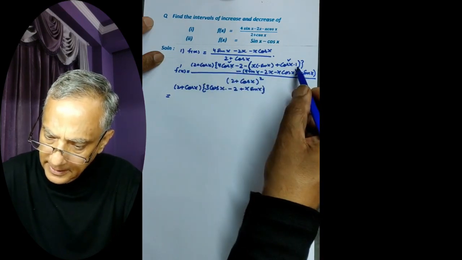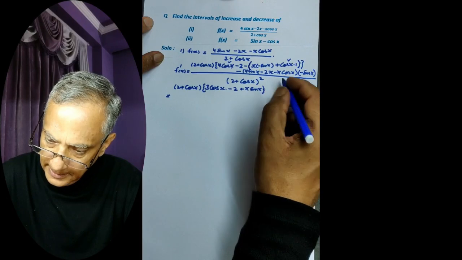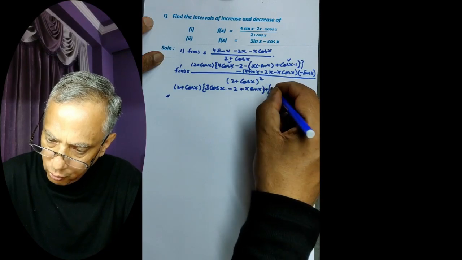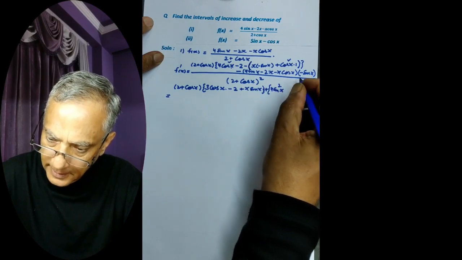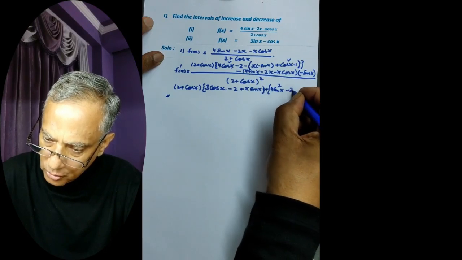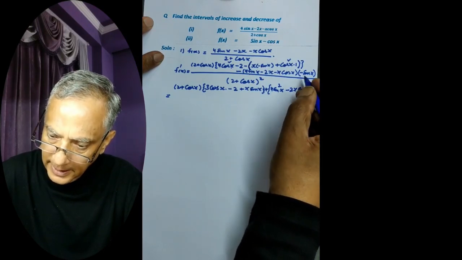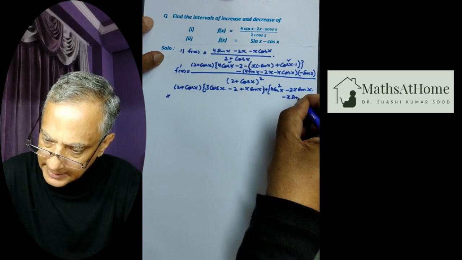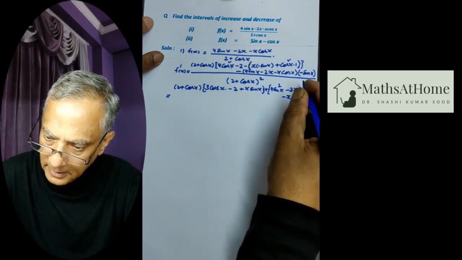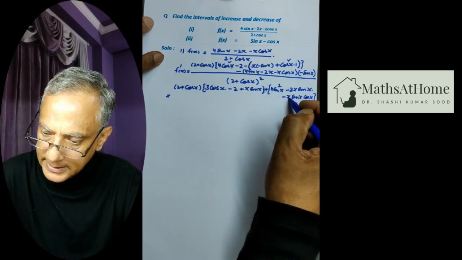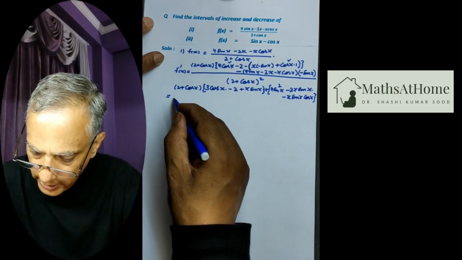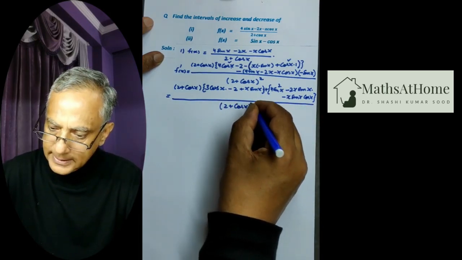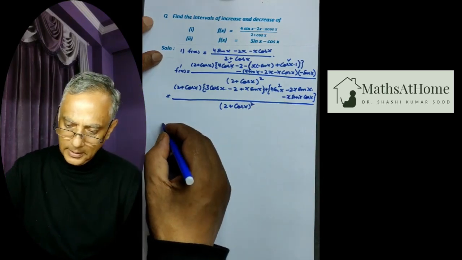So we have simplified this bracket and we have this. Now this is minus minus plus, so plus 4 sine square x, 4 sine square x minus 2x sine x, 2x sine x minus x sine x cos x. This into this, minus x cos x sine x, minus x cos x sine x, whole divided by (2 plus cos x) whole square, and this is equal to,